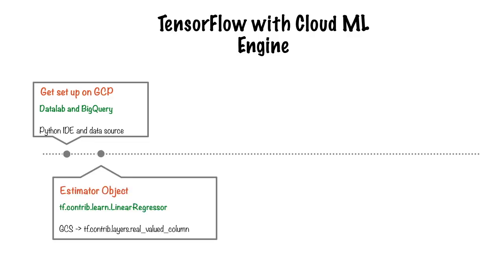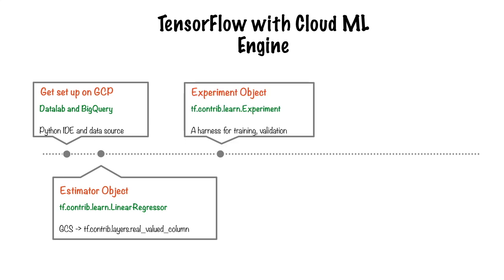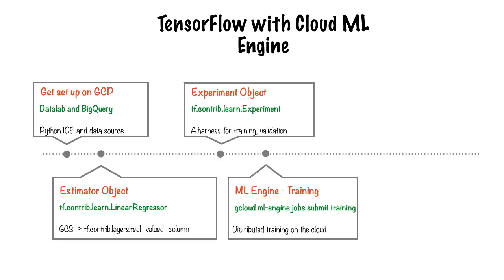Then we instantiated an estimator object. And by this point, we were thoroughly within conventional TensorFlow land. We added a level of indirection by making use of the experiment framework, which is available within tf.contrib.learn. This is a harness for training and validation and for serializing the best model that we end up with. Steps 2 and 3 of this process did not involve the cloud at all, but that changed in the next